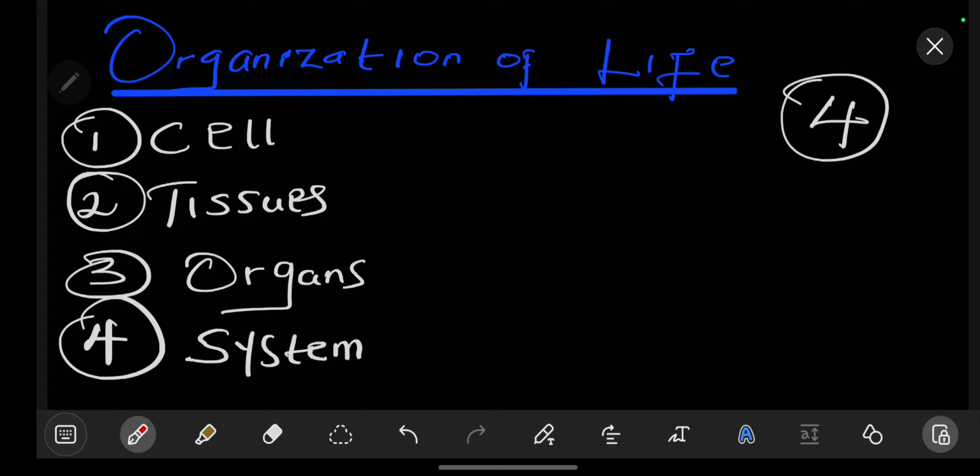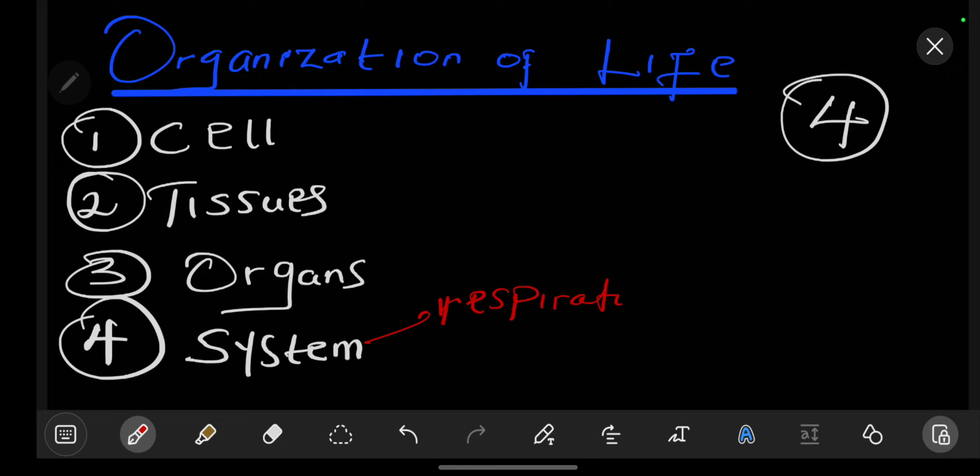All right. Now, let's see systems. I can possibly ask you to give some examples of what falls on the system. And now we define system already as a collection, that is the aggregation of similar organs. Now, what are examples of systems in higher animals? Of course, anything that has system attached is qualified to fall on the system level, which is the fourth. So we have examples like the respiratory system,